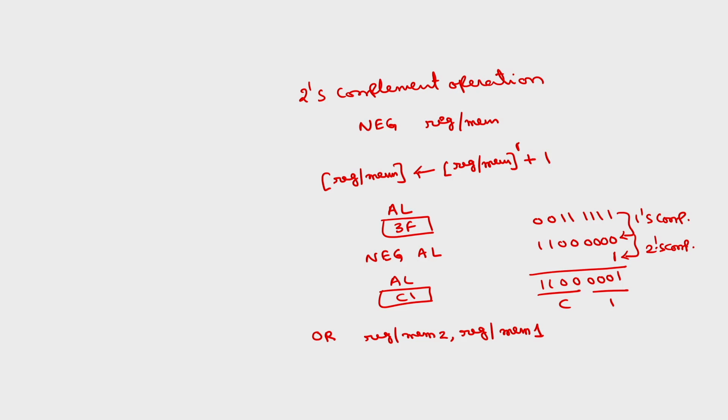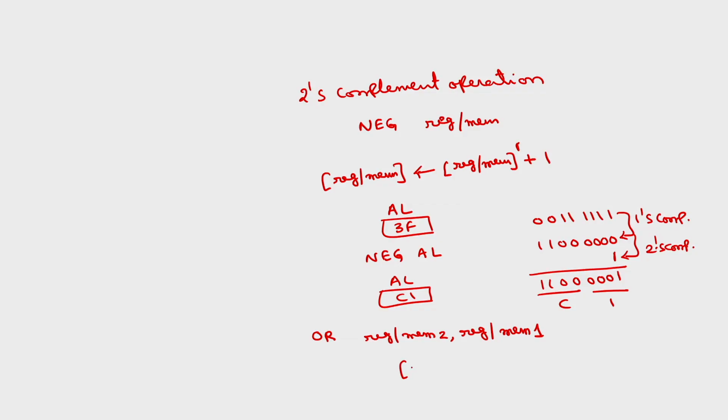So in this instruction we have 3 possibilities. Destination can be register and source can be memory, or vice versa, or both can be registers. Both cannot be memories. So this will perform the operation where the contents of register / memory 2 will be logically bit by bit ORed with the contents of register / memory 1. The result is stored back into the destination, which is register / memory 2. Both cannot be memory simultaneously.